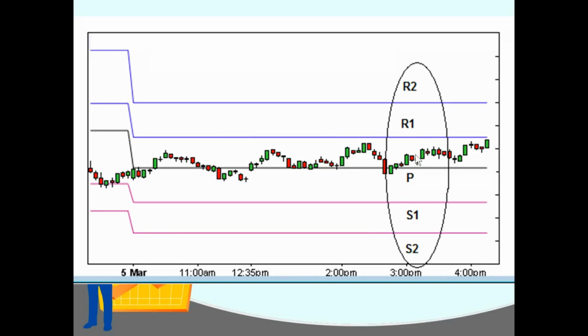Alright, so what if it breaks below P with conviction, below the pivot point for the day? Well, you can use S1 as your profit target for your short position, and R1 is your stop loss. And if it goes down here and starts to go sideways or go back up, you can just take profits. What if it shoots below here, a big red candle going fast with plenty of volume? Well, you can let your winners run again. You can change your profit target to S2 and change your stop loss to P, the original pivot.